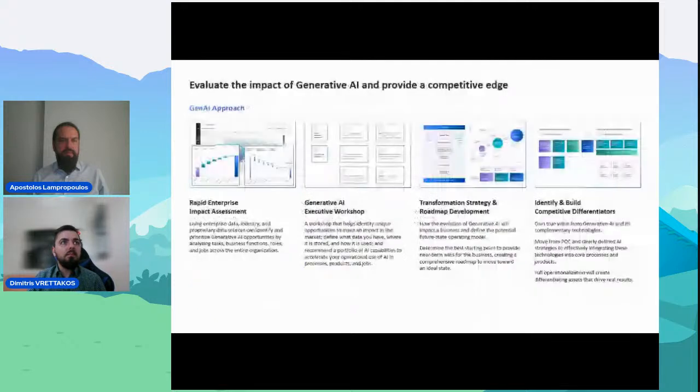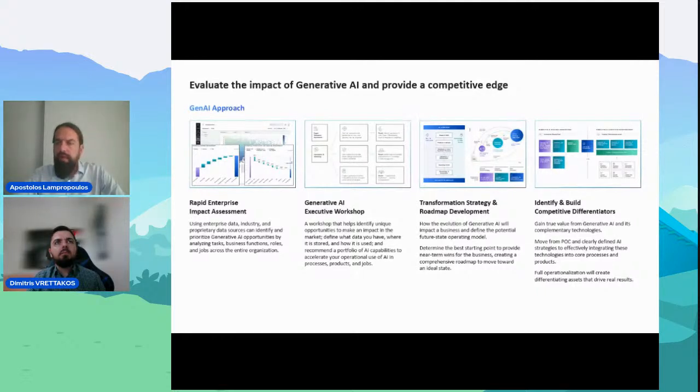Because I think it's important to touch upon the how. So this is a daunting experience for a lot of us, right? So how do I start? And here we're drawing from our experience. The way that it's recommended to do that is to have some impact assessment firstly, identify the processes that the organization is using, and identify what is the potential impact of GenAI in each step of these processes, and then